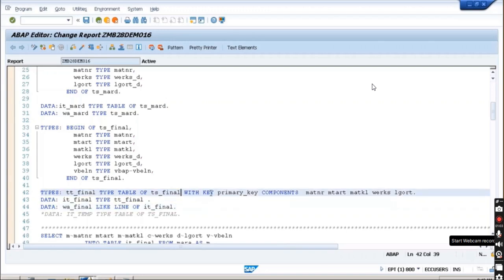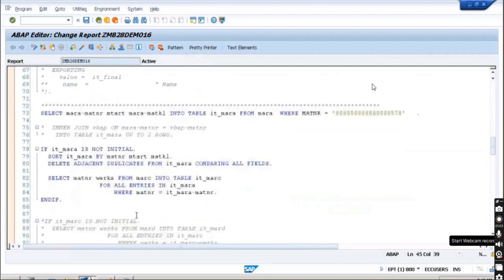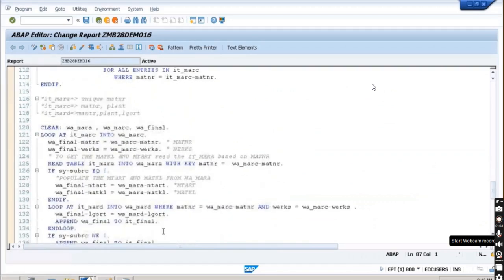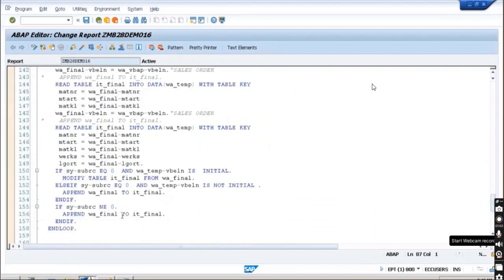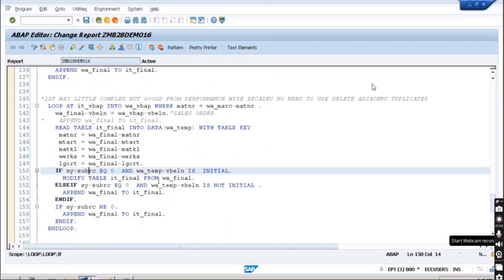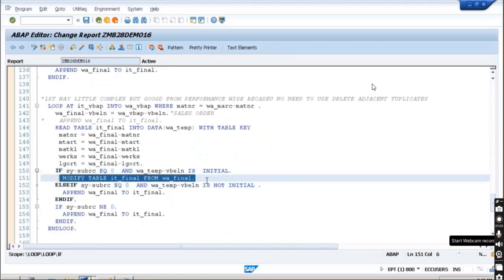But if we didn't know this concept, then what I could have done is I would have used up to this much only. And in this case, this modify statement would not have been working. This will not work properly if you remove the key field. Then you have the alternative. What you can do, you can simply use this one, then